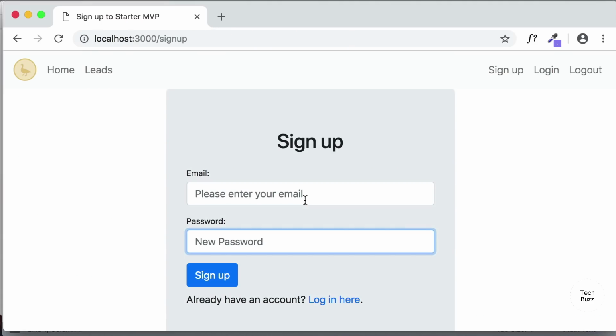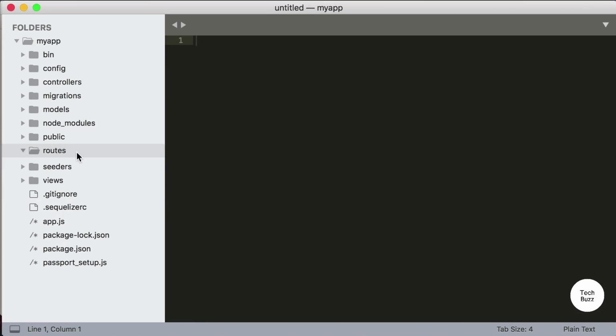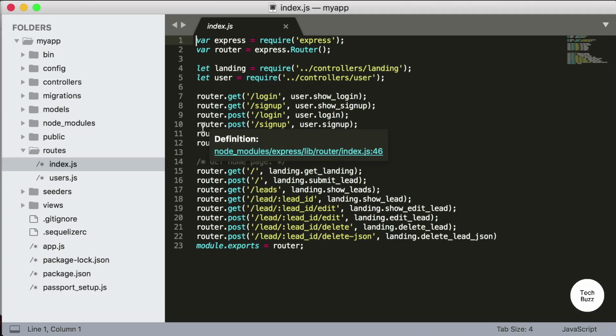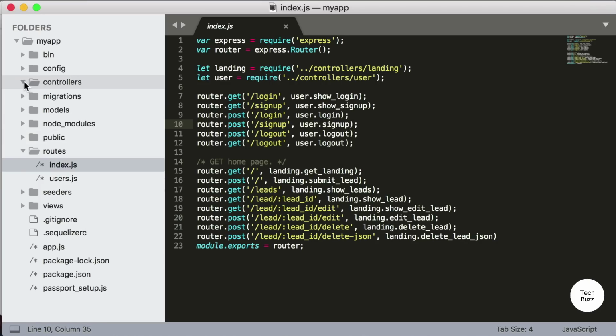In this tutorial, we're going to learn how to validate form input when a form is posted to our server and how to re-render the page with error messages when there are errors. As a recap for how we handle form submissions, let's open up our editor and go to routes/index.js. Here we have defined a post request handler for the signup path using this user.signup handler. So let's open up that handler by going to